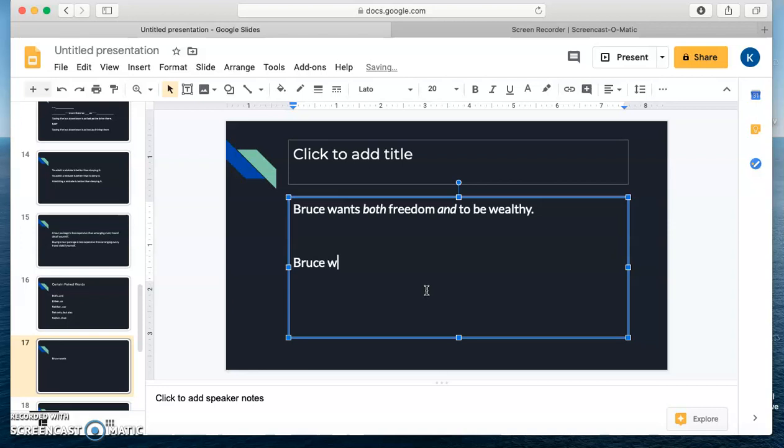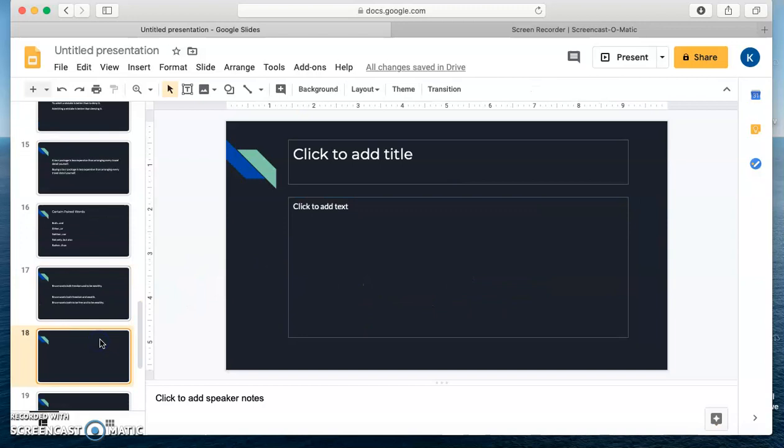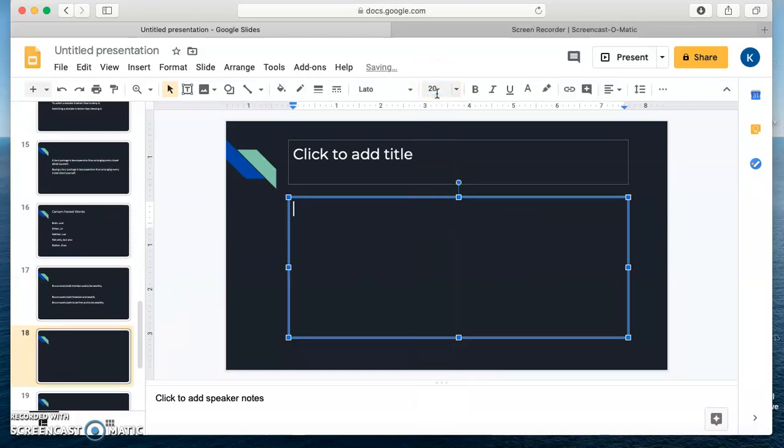we need to write "Bruce wants both freedom and wealth," turning both of these phrases into nouns, or "Bruce wants both to be free and to be wealthy." Both of these are now phrases. "To be free" and "to be wealthy" are now phrases. Bruce wants both this and that. We need this in here to match up with this in here. Also, another example is